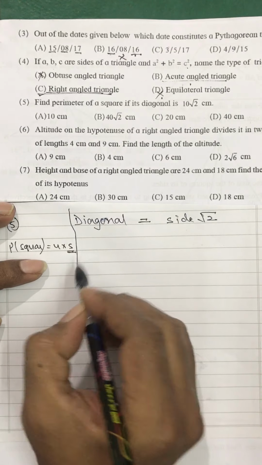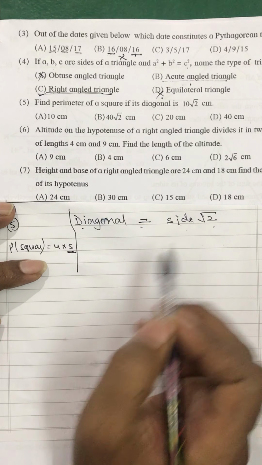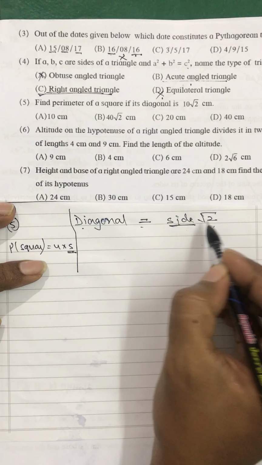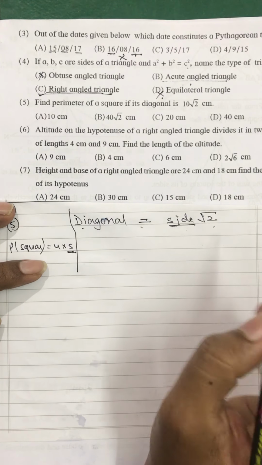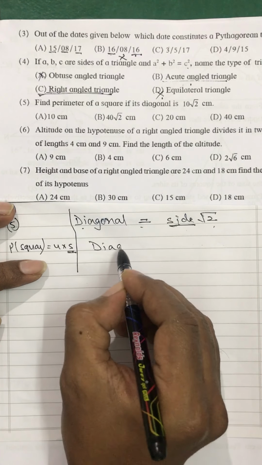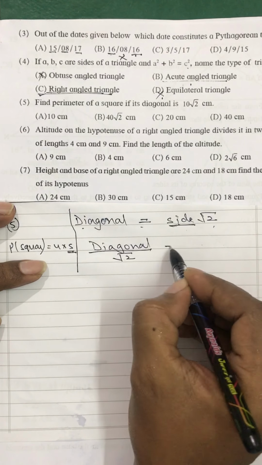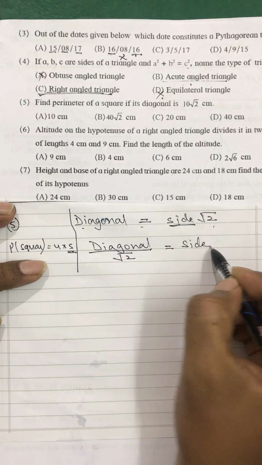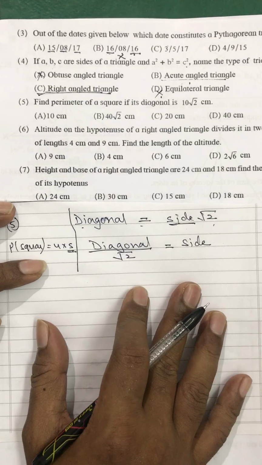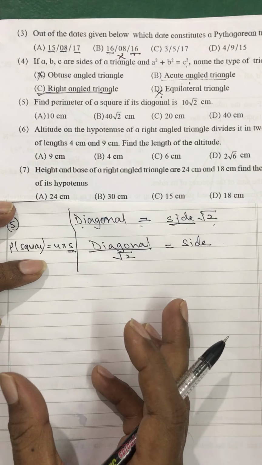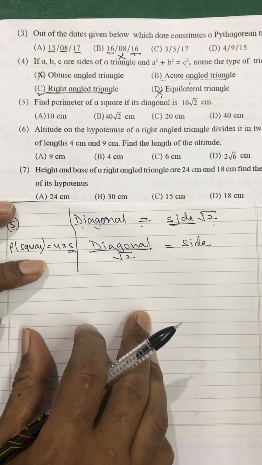So considering this formula that we know, diagonal of a square is equal to side root 2, side will be equal to, I will have to shift root 2 to the other side. Root 2 is a coefficient over here. It will go and divide on the other side. It will become diagonal of square upon root 2 is equal to side. This will be your formula then. This is a rough work, but definitely solve this also on the paper, then also it's okay.